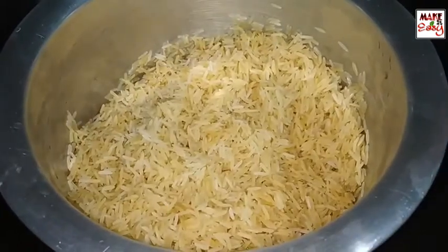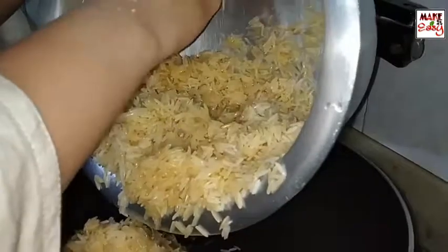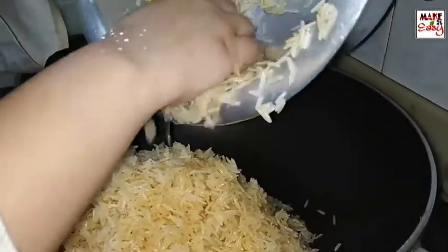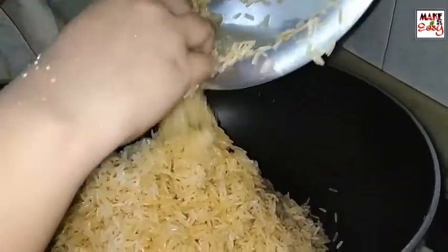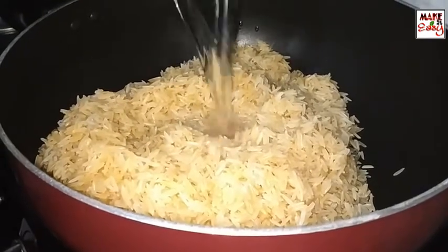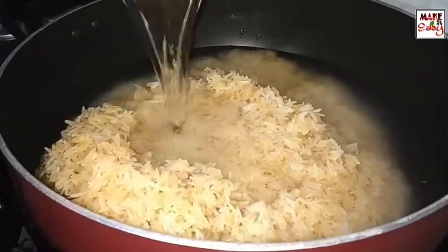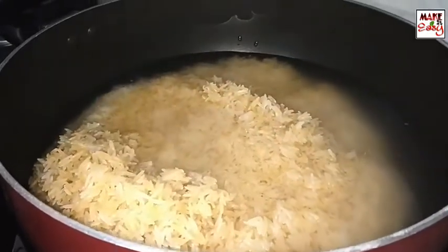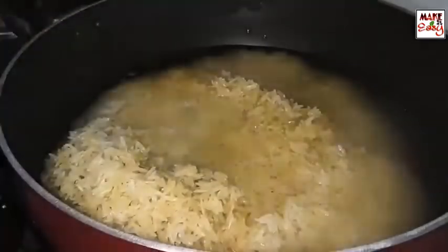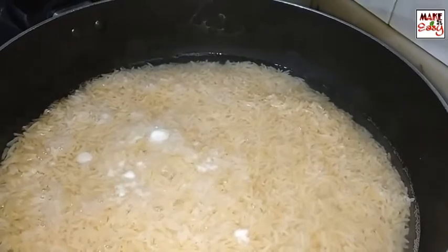Take 3 cups of rice and thoroughly wash it. Now transfer the rice to a vessel in which you are going to cook it. Add 6 cups of water for 3 cups. Switch on the flame to high and let it boil. As it boils, add salt,